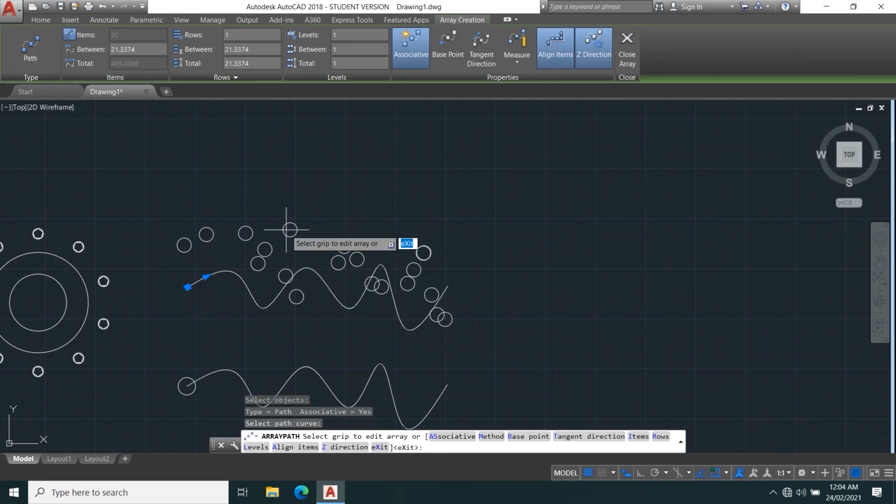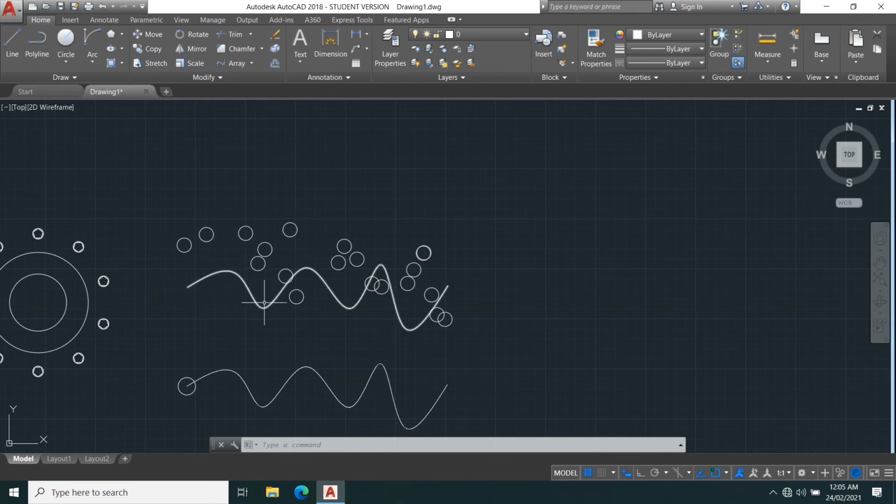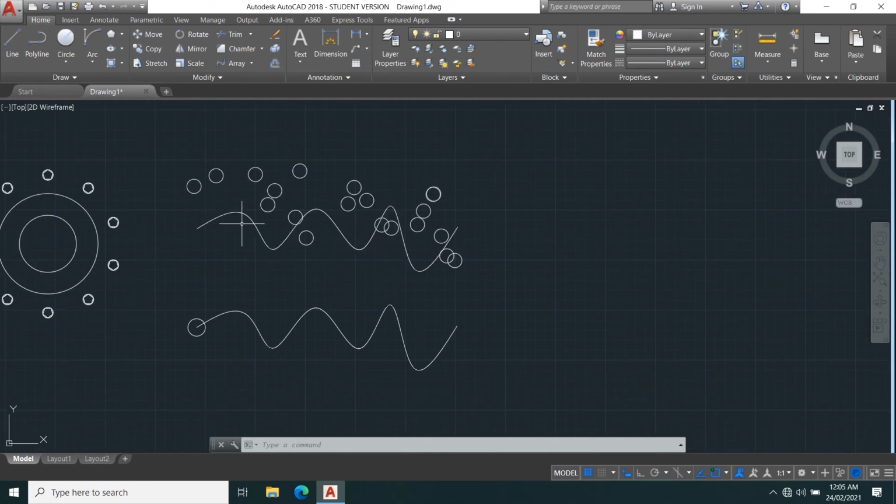Now I have it. So now this whole stuff moves according to the line, but at an offset distance. You see, start from here, go up, come down, go up, come down. So now, what if I should still apply